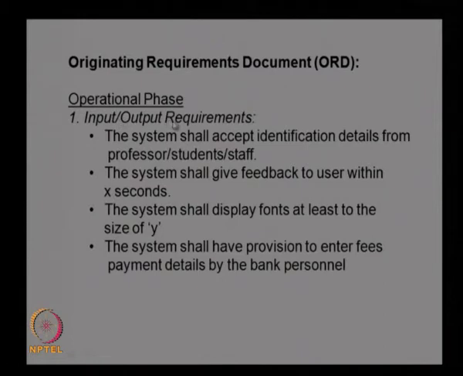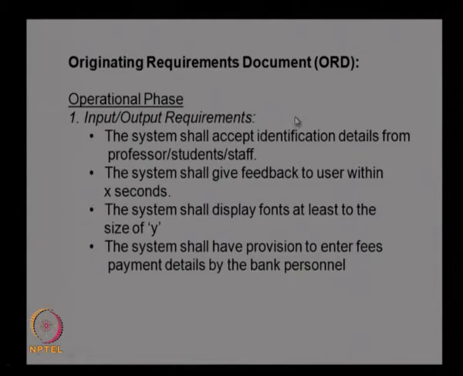This originating requirements document becomes one of the most important documents in the further development of the design. We go through all the operational scenarios, all the system wide requirements, trade off requirements and technology requirements, and record them in the ORD, not only for the development phase. It will consist of all other phases like maintenance, refinement and retirement also. Various phases will be considered, and all the requirements for these phases will be recorded in the originating requirements document.